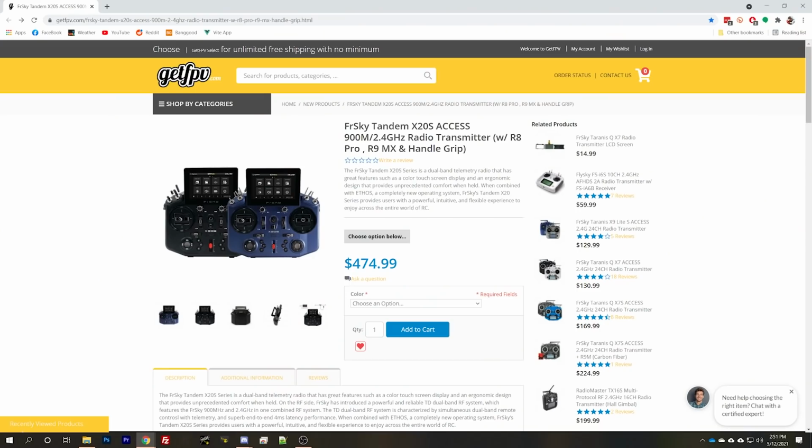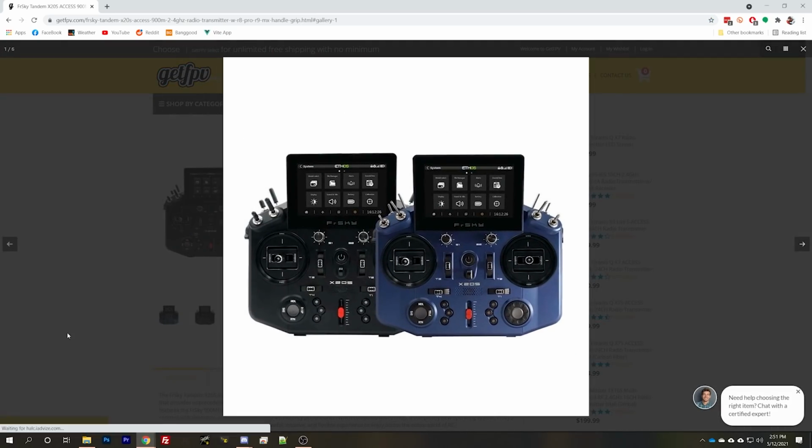All right, so let's move away from bind and fly quads, from different built quads. We're going to start looking at some different components. So we'll take a look at some radios. The FrSky Tandem X20 and X20S is coming out on the market. So their new ACCESS radio with their ETHOS on the radio. And yeah, this is the one that